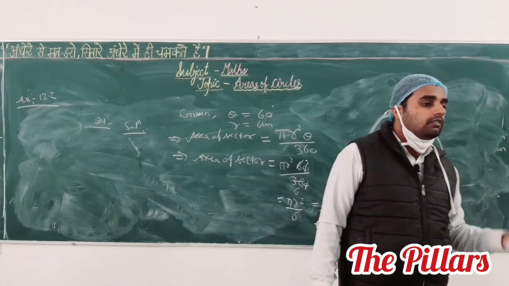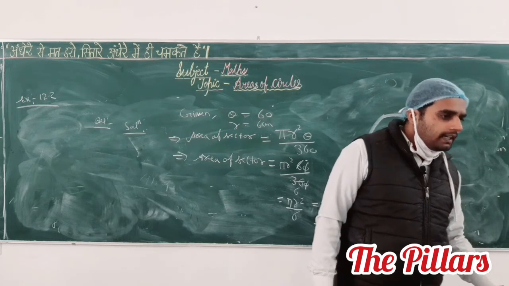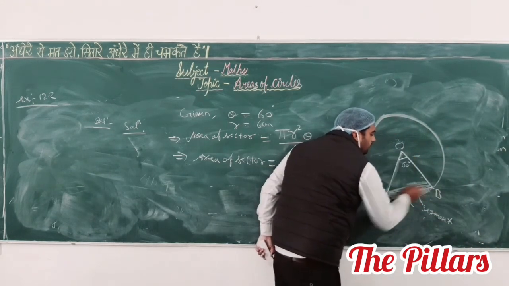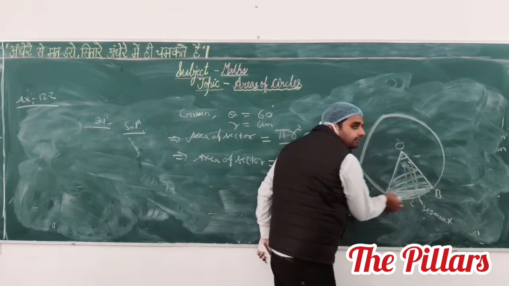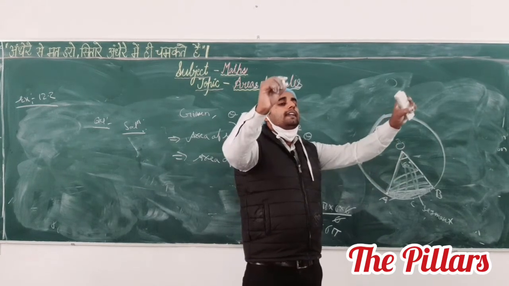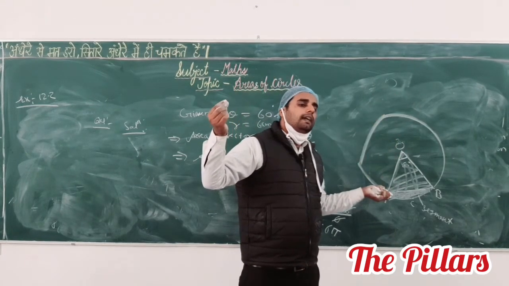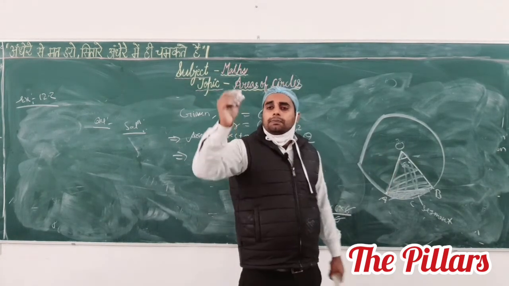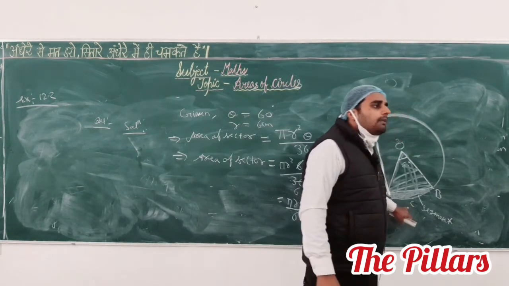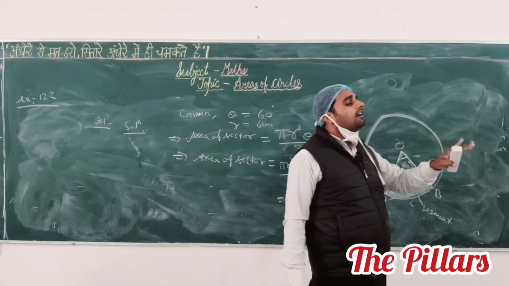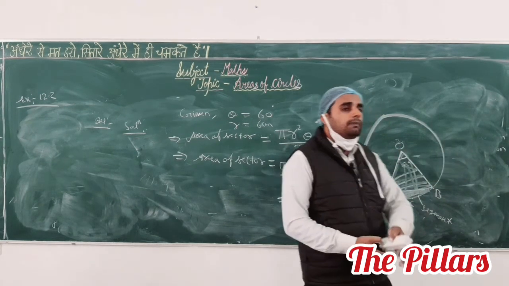Now, minor sector. This total area is a minor sector. This total area covers this area. This is the minor sector area. You have to mention sector because of theta. Why is it minor? If theta is less than 180, this is the minor. If theta is greater than 180, then this is the major. The question asked about the minor sector, and the angle is 60 degrees, so this is the minor sector. Till here, does anyone have any problem?